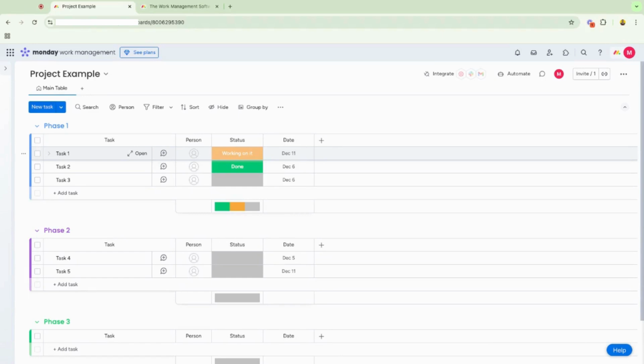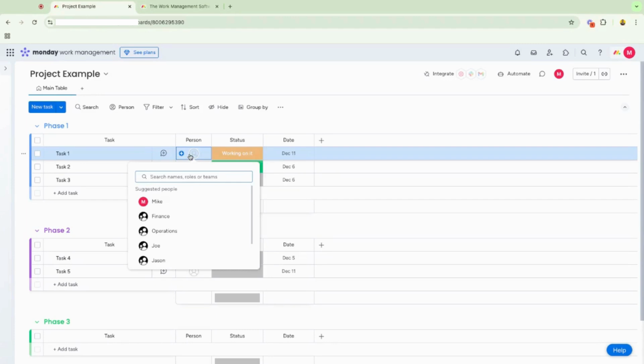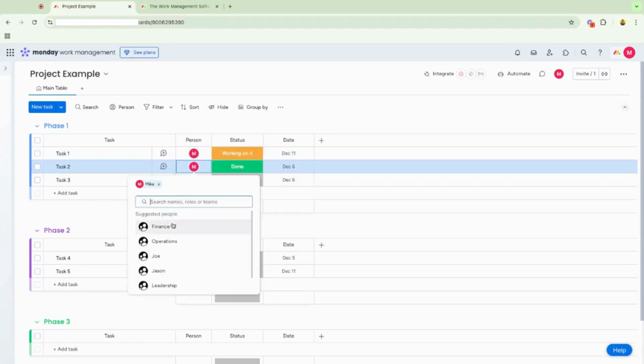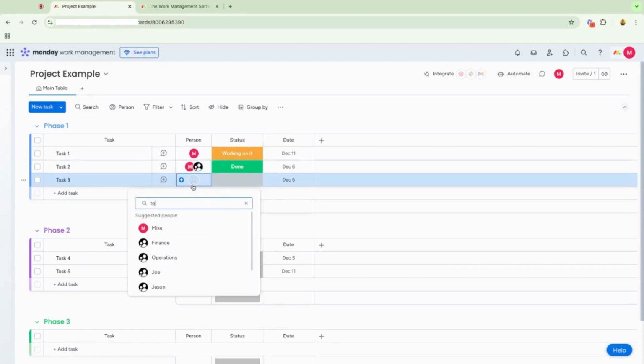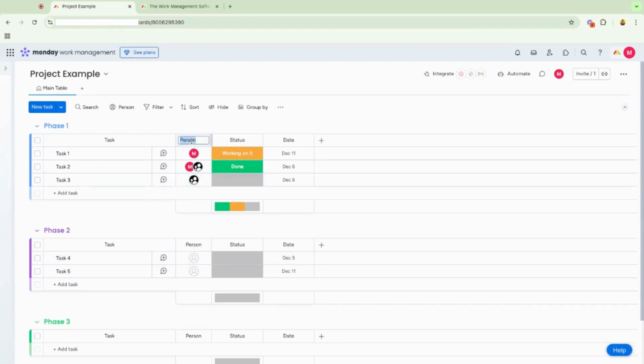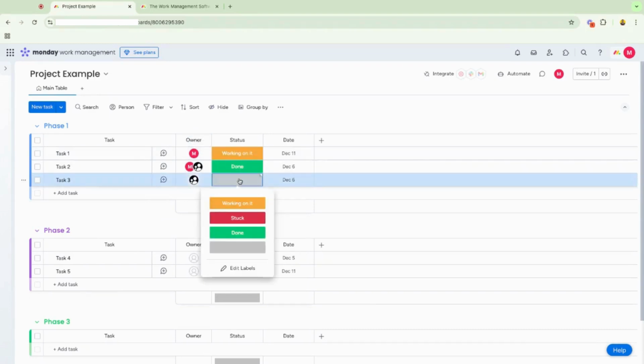This is what allows you to layer in accountability to the workflow and assign individuals to the work. You can assign a single person. You can assign multiple people. You can even assign a team of people, all up to how that work is distributed. You can rename any of these columns as well to ensure that you're using language or vocabulary that's most familiar to your team. Next, you have a label column, which in this case is giving us indication into progress, but